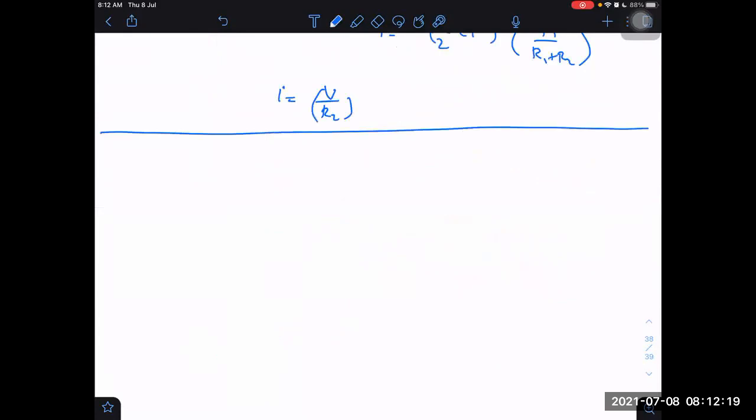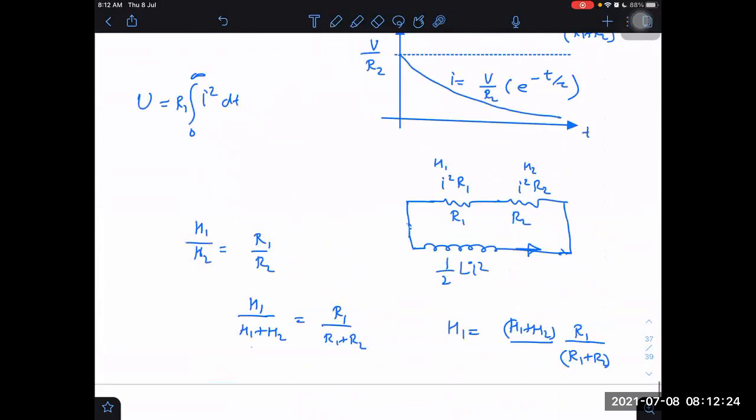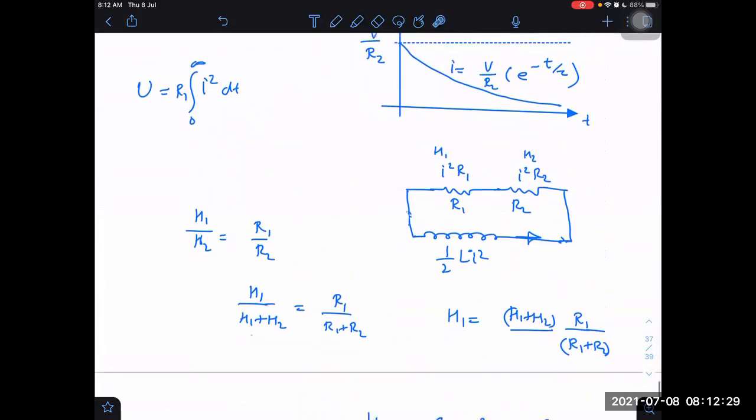But there are some cases where integration is unavoidable. We cannot avoid integration. Here I was able to do that only because the heat is divided in equal ratio. I can think of some cases where it will not be divided in equal ratio, whereas other examples where it can be divided in equal ratio is this. If I have R1 here and R2 here, then also it will be divided in equal ratio. If L is this way and the current here is I, it will become I1 and I2. What will be the ratio now?